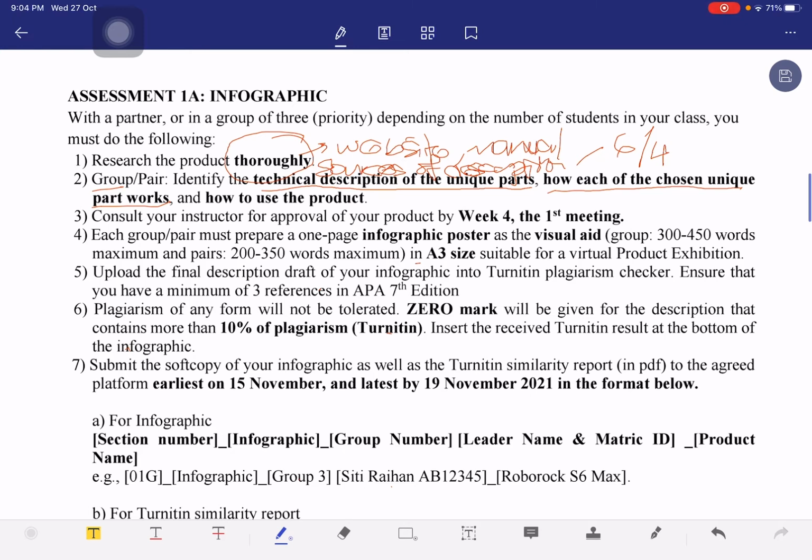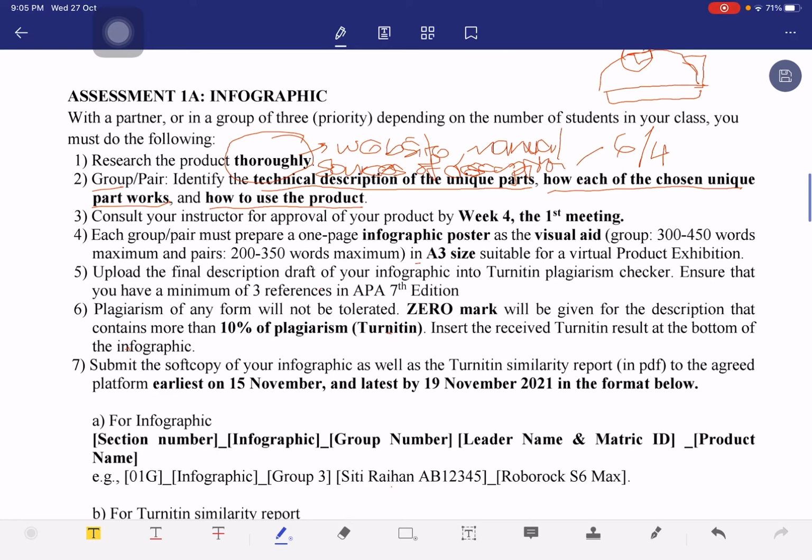And lastly, you need to also explain how to use the product overall. Let's say it is a cat litter box. I'm not really good at drawing, but I'll try to show it to you. Let's say this is the cat litter box, and there is a handle here, and then there are other parts as well. If you are going to explain this particular part, the handle, make sure that you describe it technically, and at the same time explain how this part